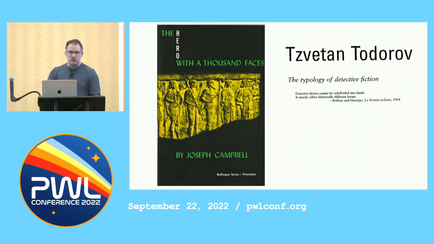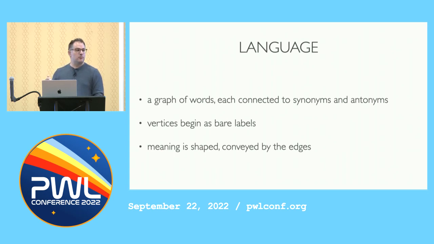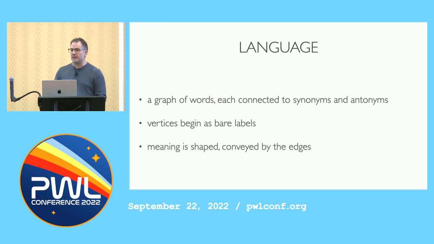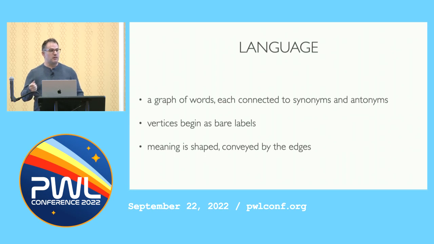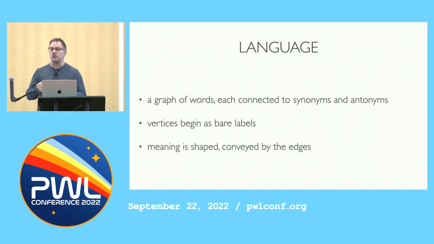And so the original structure, the one put forward by Saussure, was language. He said that language is basically a graph where the words are vertices, and the edges connect each word to highly similar and highly dissimilar words. The point he makes is that when a word comes into existence, it does not emerge full-fledged with a dictionary definition tacked onto it, right? It begins life as a bare label, and then the meaning accrues from the words that are next to it, right? The words that are similar add to the meaning. The words that are dissimilar chip away at that meaning. And finally, we have the sense of that word, which we then try to approximate with a dictionary definition.